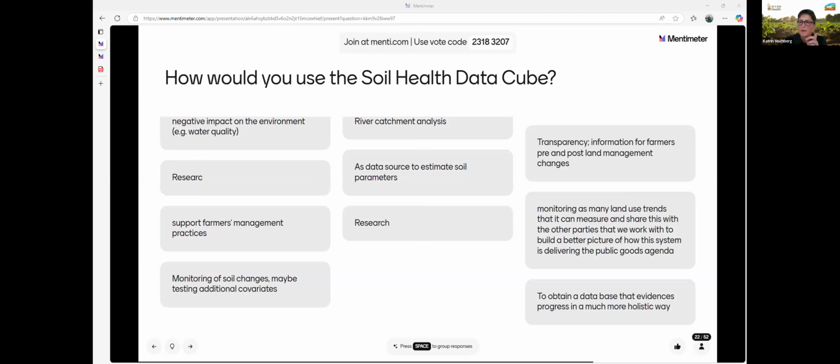Thanks, Josiah. I think there was a question earlier on from the national authority, I assume, for land use planning. How useful can it be for land use planning? I guess that's at a national level, but also at a European level. It would be really good to come back to that question. How useful can the data cube be for those purposes? Or what are we offering through the data cube that maybe wasn't possible before?